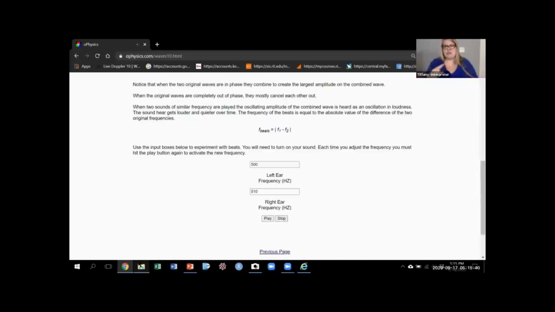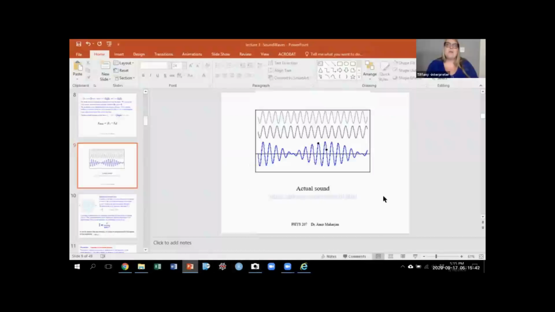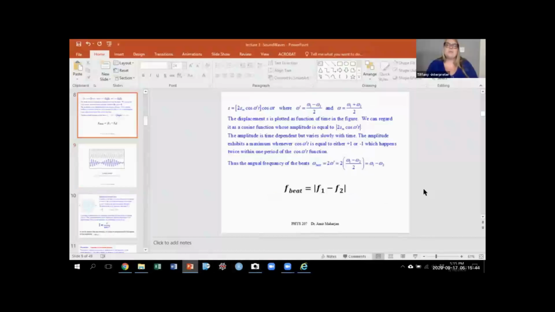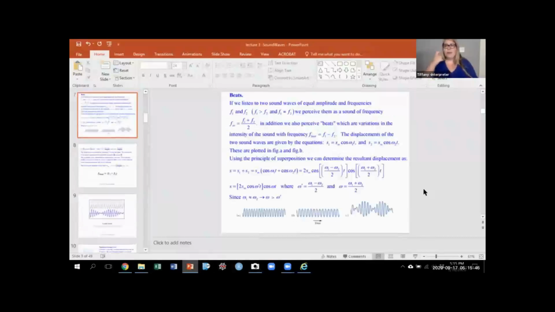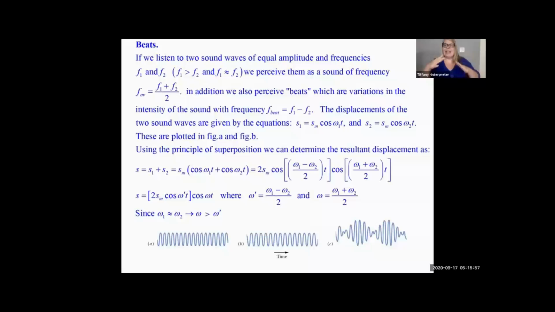So what's the main reason behind that? The main reason is easy, actually. It's because of the interference of sound waves, that's it. You have two vibrations whose frequencies are slightly different. If you sound them together, they will interfere constructively or destructively over time, and that's the main reason for producing beats.